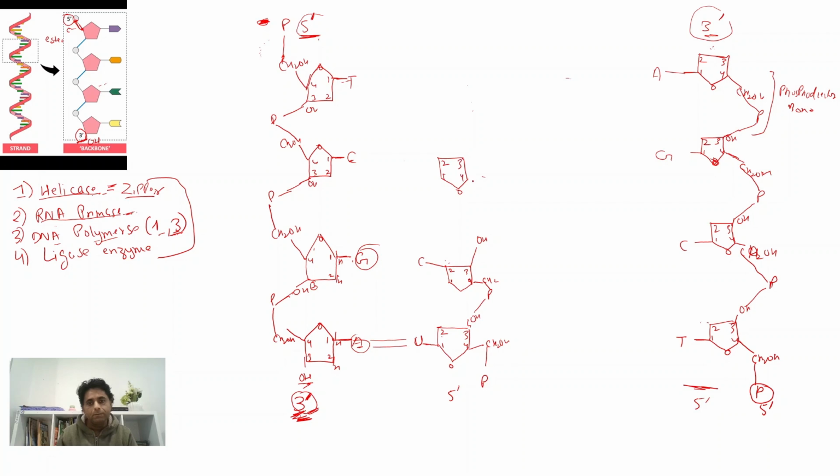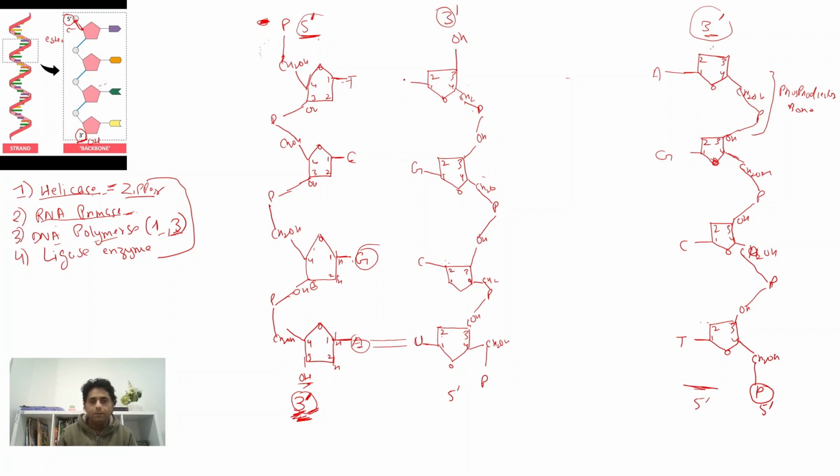Okay, so this one is the fifth carbon, CH2OH. CH2OH has the phosphate, and the OH combines here, and the C pairs with the G. So it comes G. Okay, and this is the OH here, and then we draw the next pentose sugar. 1 2 3 4 5, CH2OH, phosphate group attached to it. The last one is the hydroxyl group. This is the end of the chain. So 3 prime is here. Okay, and T